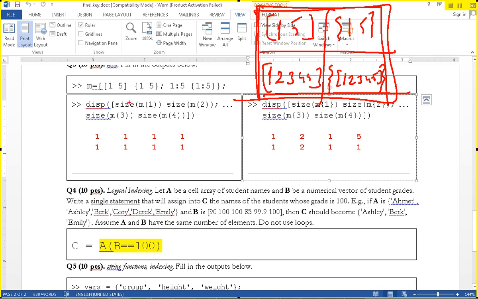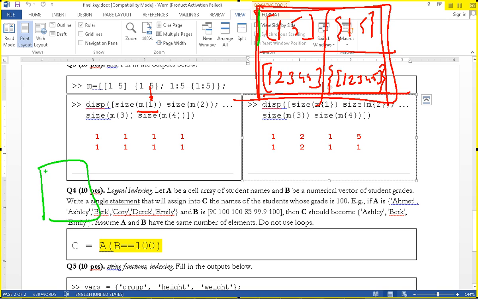All right, so the size of M parenthesis 1. You don't even need to look at what contents you are extracting. All right, so M is a cell array. You are referring to just one of its elements, M sub 1. So regardless of what those contents are, you should already know that this expression will result in a cell array with a single element in it. Okay? So you are referring to this first box right here,